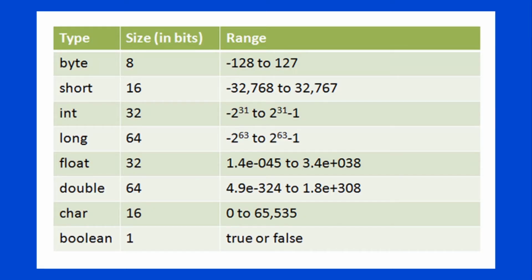And here are some of the ranges of different data types. Let's suppose byte can hold from the minimum value of -128 to a maximum value of 127, and the same is the case with the others with different values. And the main one is boolean, the unique one. It can hold two values: a true value or a false value.